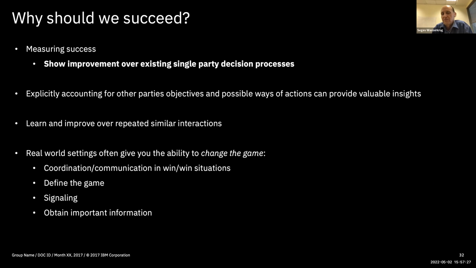For example, the information that I provide, the information that I don't provide, and how I implement, for example, spot pricing on the cloud, that could have an impact, and so on. So these are all aspects of the real world that we can use, right? And so think outside the box. What can we do in these real-world settings, in addition to the tools that game theory and the other disciplines give us to come up with these methods and techniques?